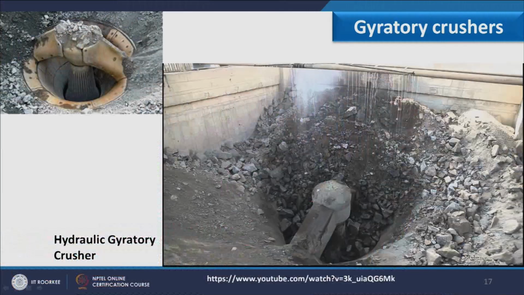And here you see the already installed gyratory crusher, where material is coming in. Sometimes when the crushing is done with the help of water, we call it a hydraulic gyratory crusher. And how is it done? At the top we have the water supply line through which water continuously falls into it. The advantage of this hydraulic gyratory crusher is that it has minimum fines coming out from the crusher,